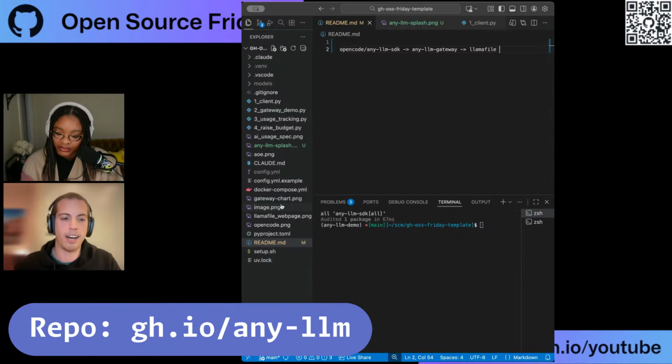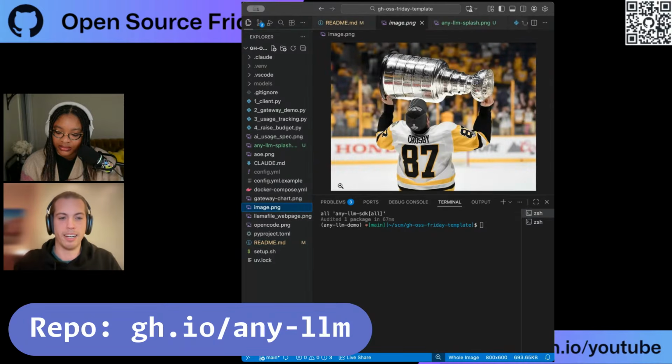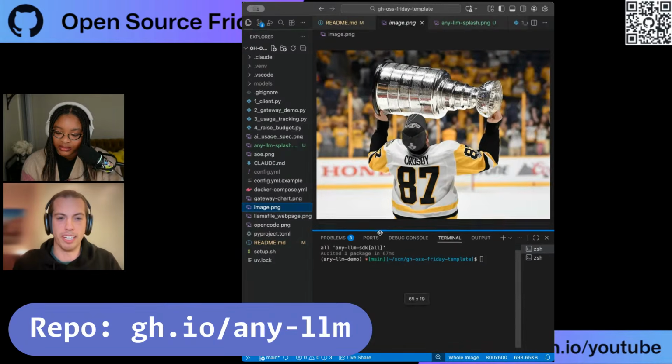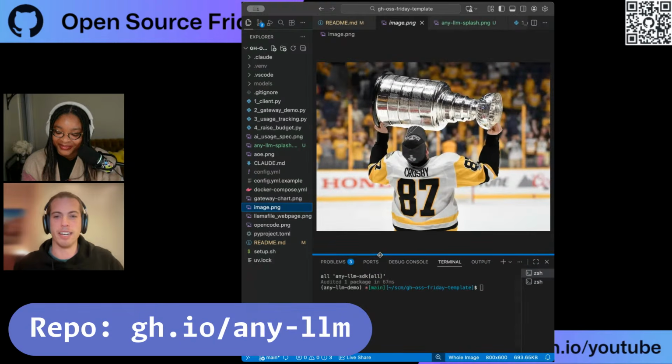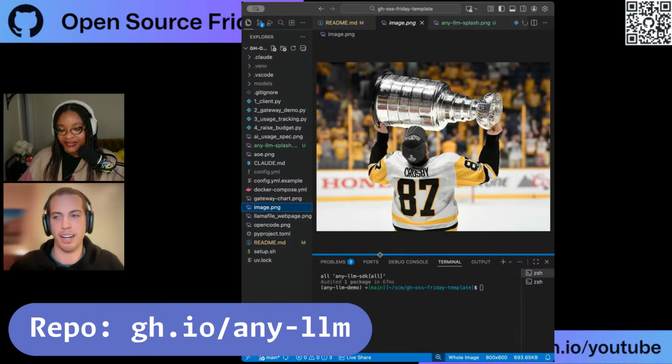And instead of a hello world, let's do something a little bit more interesting, which is image identification. If you're not familiar, this is the Pittsburgh Penguins, the ice hockey team, and this is a picture of a championship that was won, I believe, in 2017. I ask everybody watching to think about what you expect a small model to be able to understand about this picture.